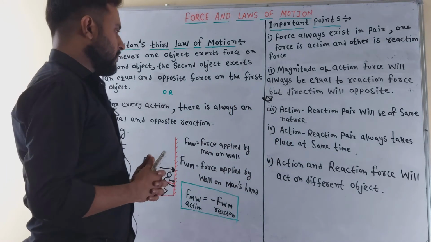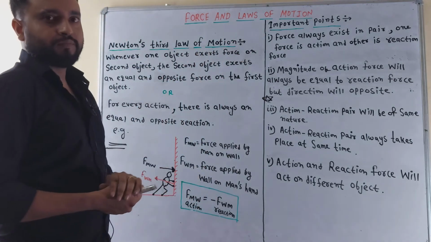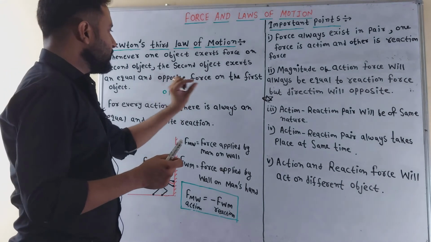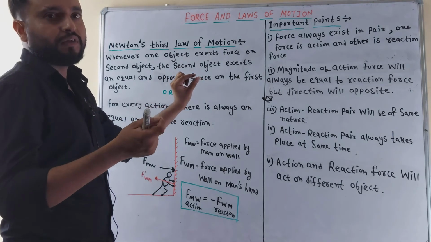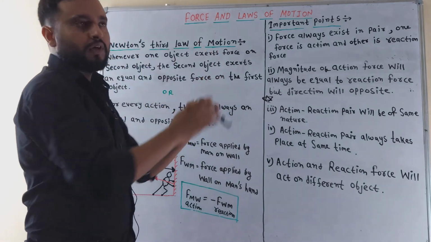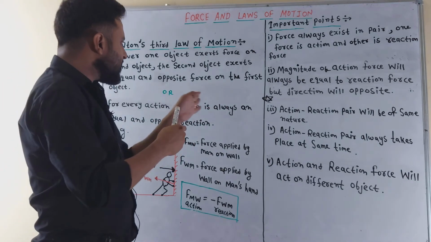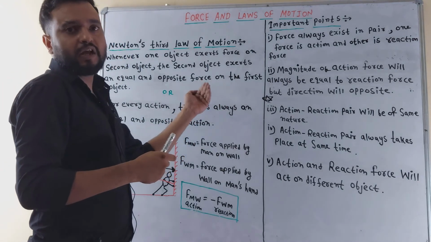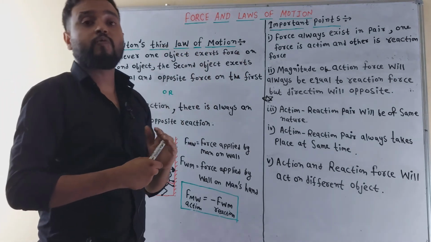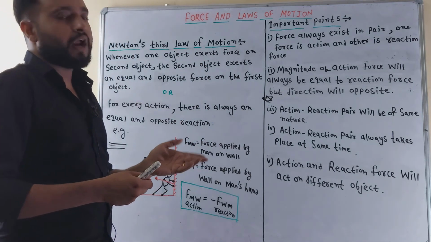Okay, now we can see some practical examples of Newton's third law of motion. The first example is, whenever we try to strike a nail into the wall with a hammer, the force applied by the hammer is the action force, then the force applied by the nail will be the reaction force. The force applied by the hammer is in the inward direction and the force applied by the nail on the hammer will be in a different direction, the outward direction. So action reaction pair will always apply force in different directions and of the same magnitude.